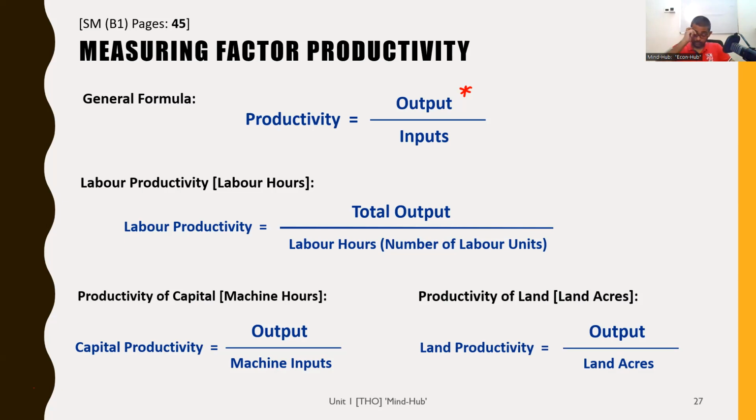Once you guys are done, let me know. Then we can look at the determinants of productivity, what increases and decreases productivity. It's very simple. We have a more detailed discussion about productivity in unit 4, and we also talk a bit more about productivity in unit 11 of the syllabus, when we learn about economic growth, because you can't achieve economic growth without high levels of productivity.